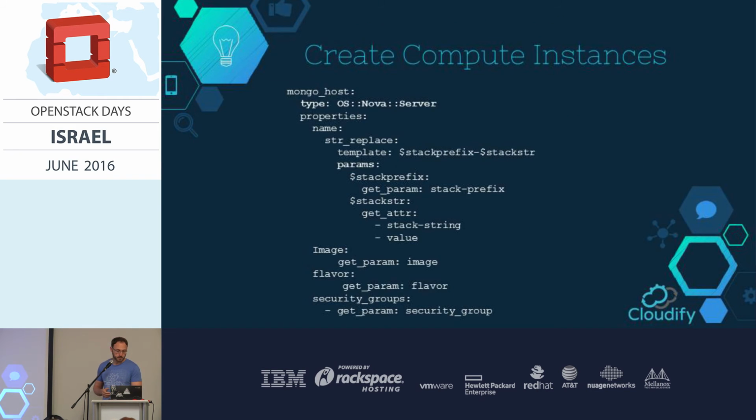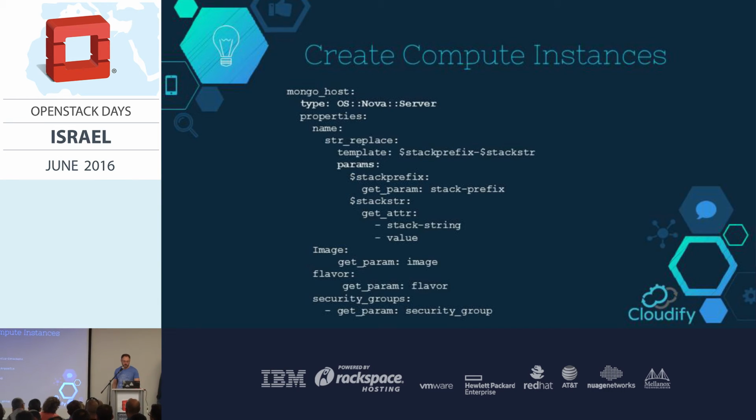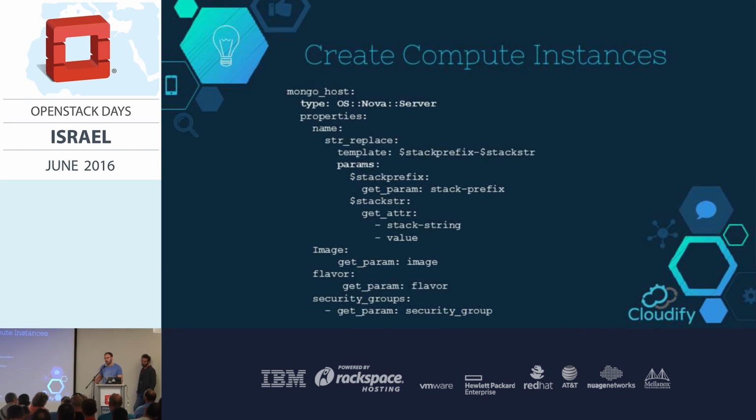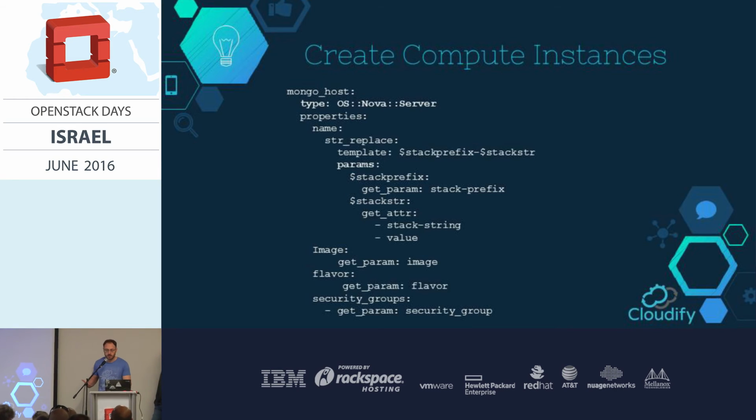So as an example of the dialect of Heat, I can define the various resources needed for the infrastructure. For example, a security group with all its properties. I can define the Nova server as the MongoDB host here with its properties. I can have images. I can specify a specific image, or I can set the image to be a parameter that I provide as an input, etc. So the dialect is pretty much rich.